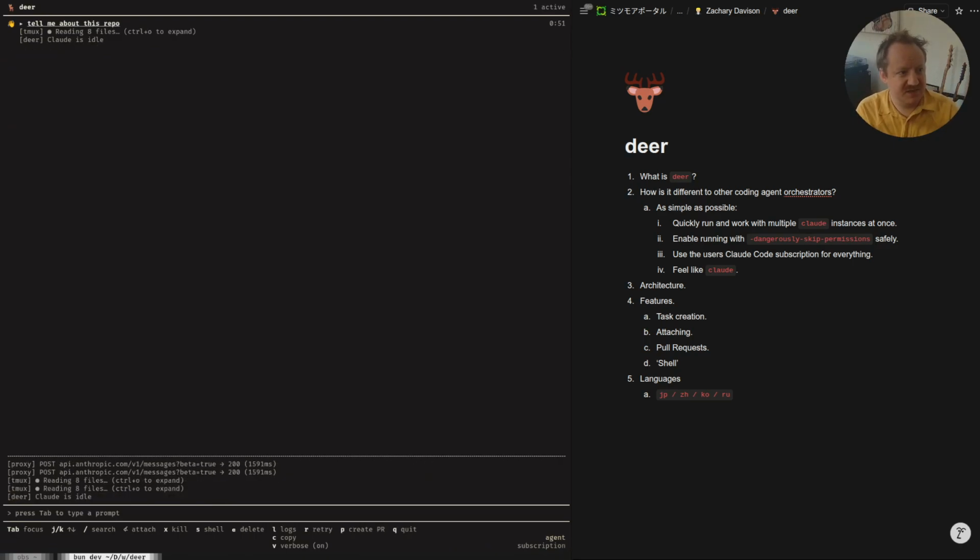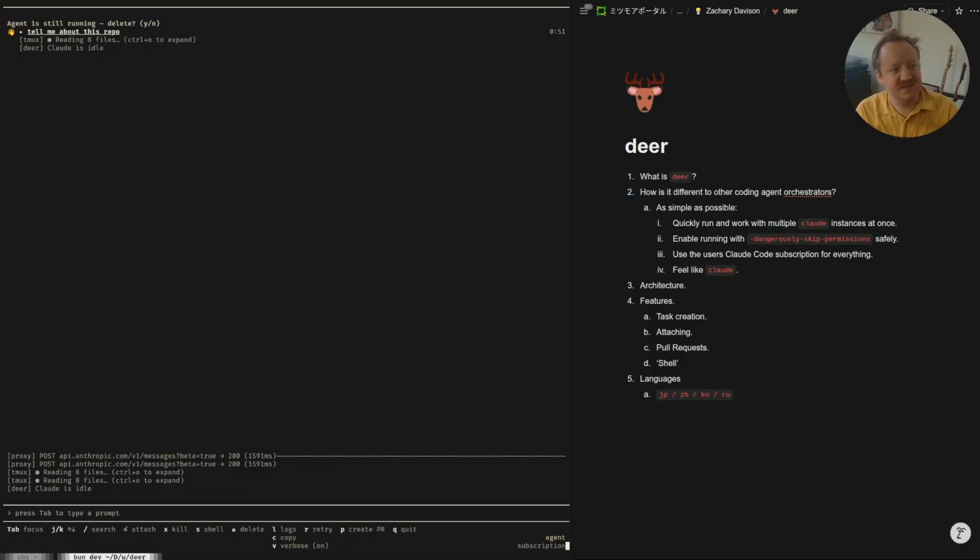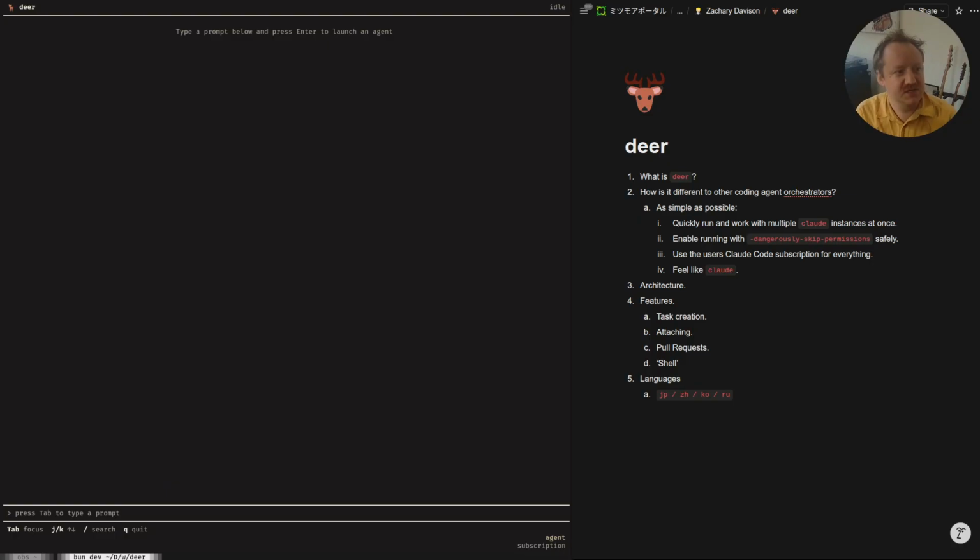We can just hit backspace and it's going to delete it because it's already merged, so it doesn't confirm with us. So for the first one, if I press backspace, it's going to say, hey, this agent's idle. You haven't actually created a pull request that's been merged yet, so are you sure you want to delete it? We can delete it. And then it will clean up the work trees in the background, the sandboxes, and anything else you need to do.